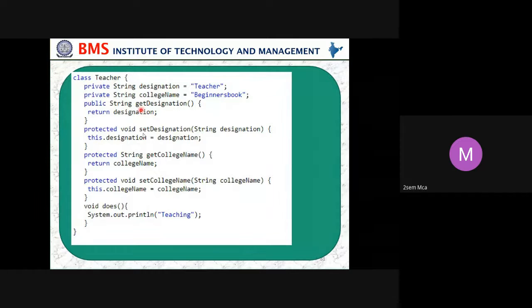So one small program: a class with two variables, designation and college, which we have assigned as private, and other methods, get designation, which we have assigned as public, set designation as protected, get college name as protected, set college name as protected, and does it is a method for teaching.